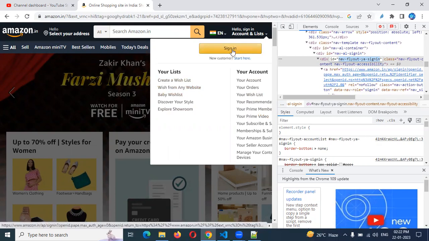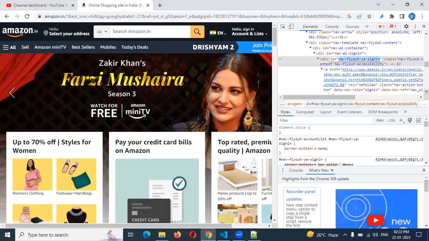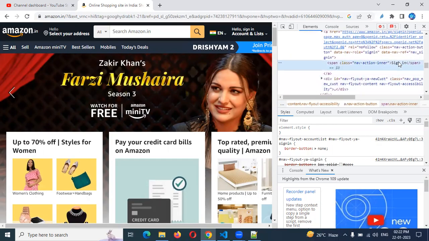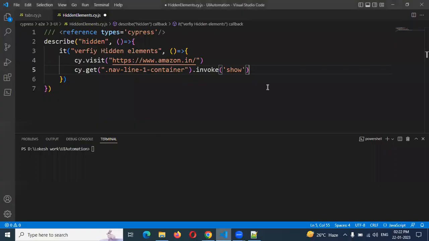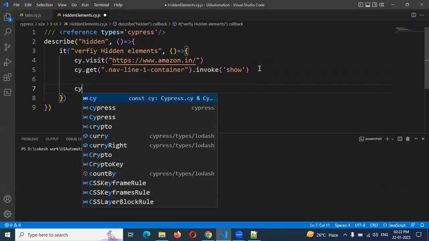This is our container. Okay, sign in content. This we need to check. Okay, how to click, then after showing our Selenium, like Cypress one, it will invoke up to showcase. Then once it is showcased, then we can use Cypress dot